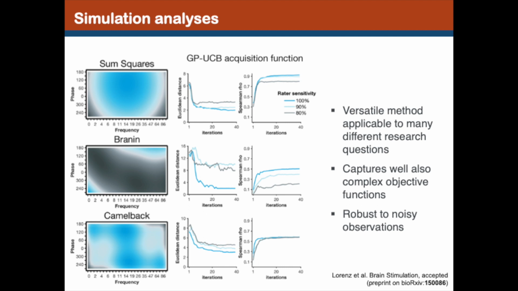And then, just to finish, we wanted to check what happens if you use different objective functions, so if you think that your space is different when you start with your assumptions on how your participant is going to perceive phosphine, it changes depending on the noise of your estimates. What we did was a bunch of simulations: have a rater, a human that's really good at distinguishing between two blocks, and a human that's less good, and wanted to see, depending on the objective function that we have, can we still recover